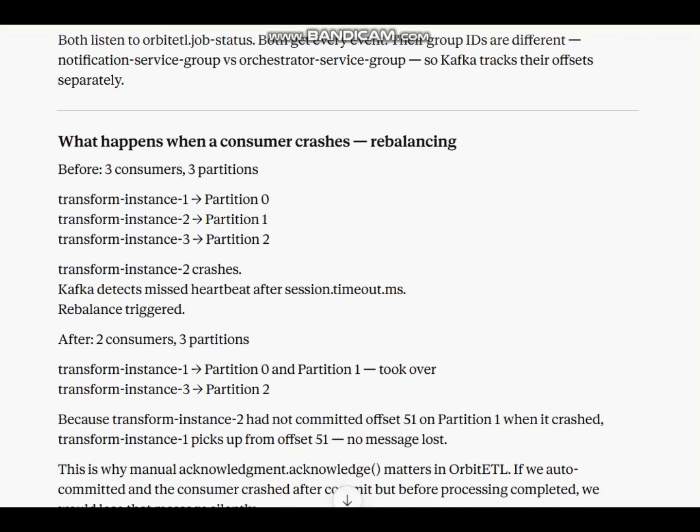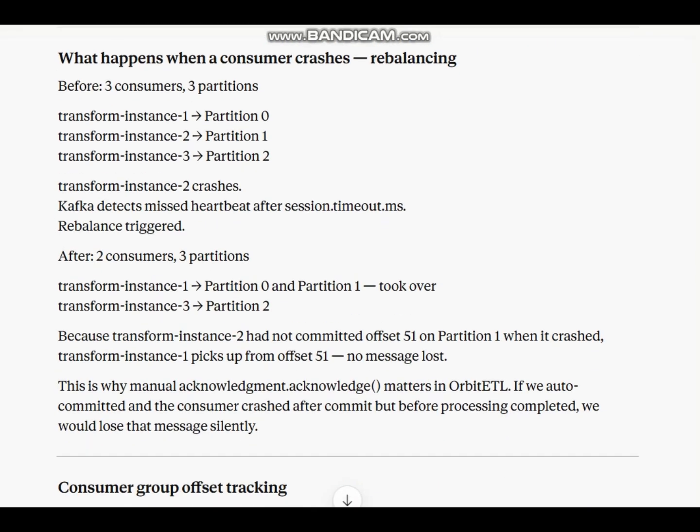After: two consumers, three partitions. Transform instance 1 took over partition 0 and partition 1, transform instance 3 keeps partition 2. Because transform instance 2 had not committed offset 51 on partition 1 when it crashed, transform instance 1 picks up from offset 51. No message lost.